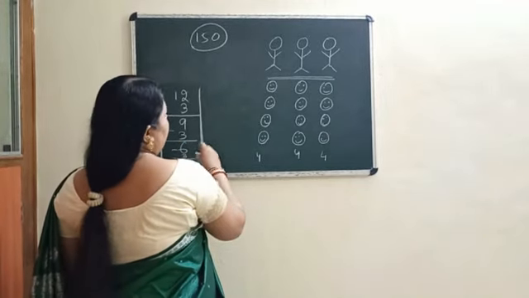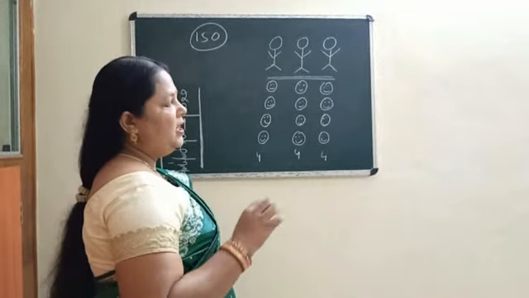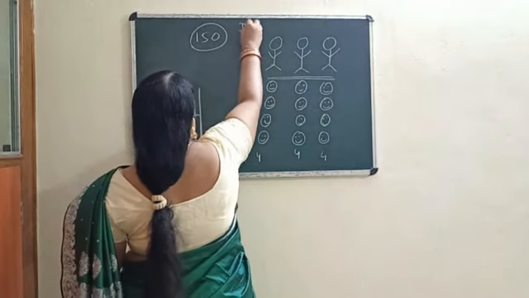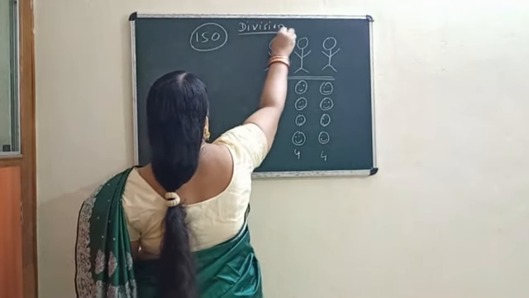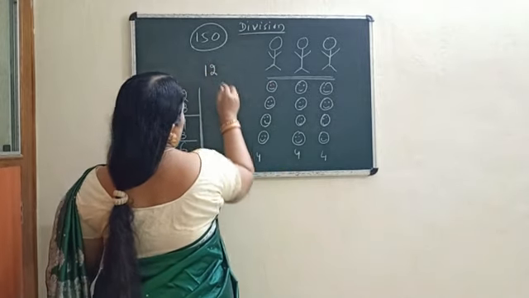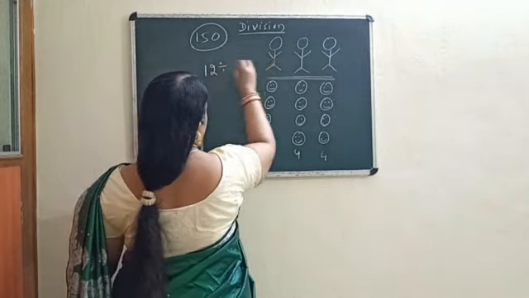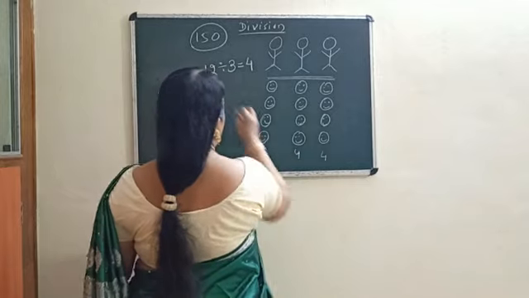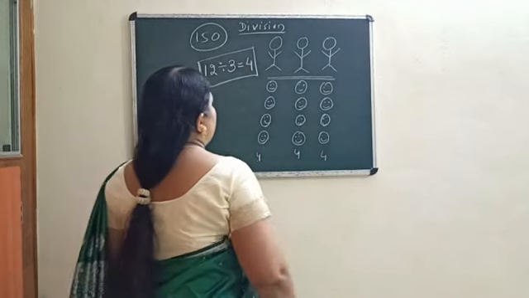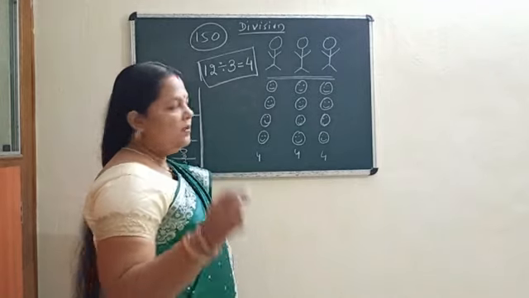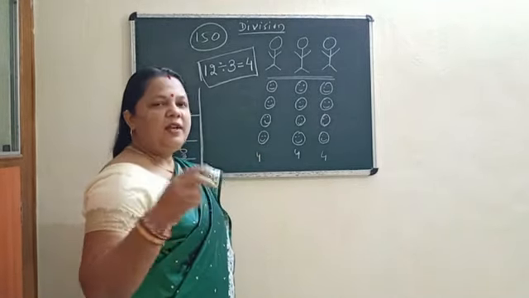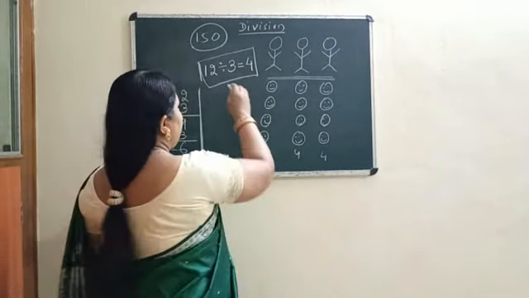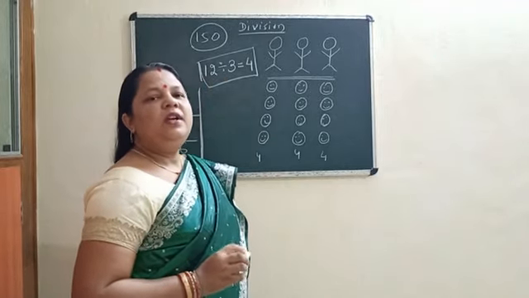So that means instead of repeated subtraction, there is another shortcut method we can follow, that is called division. Okay. So if we follow this, 12 divided by 3 students, how much are we getting? 4, each one getting 4. So within no time, here we are finding the answer. That means from this example, what we are finalizing is that instead of repeated subtraction, we can use this method, that is called division.